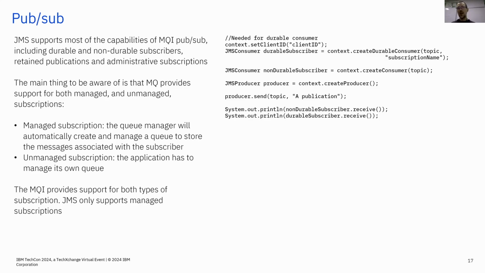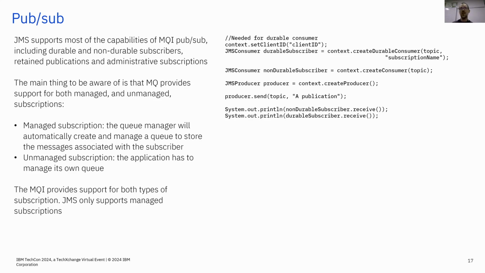I think the main thing I would call out here is that MQ has the idea of two different types of subscribers. You can have a managed subscription or an unmanaged subscription. With a managed subscription, the queue manager is responsible for dealing with the queue that ultimately underpins that subscriber, and hides the management of that queue from the subscriber itself. With unmanaged subscriptions, the application is responsible for maintaining the queue that's associated with the subscription. With the MQI, you can use both of these approaches, and they've got pros and cons. If you're using JMS, you can only use